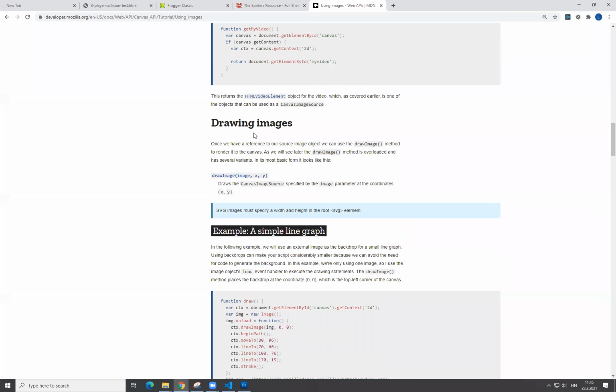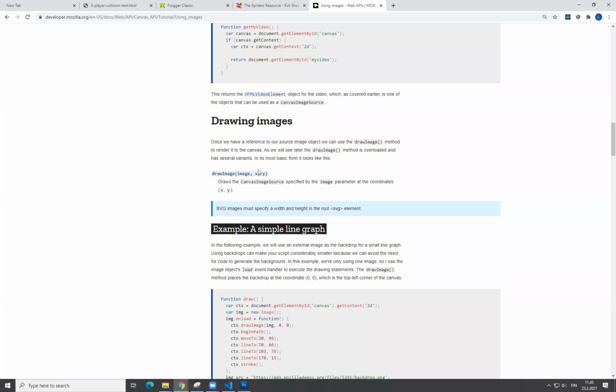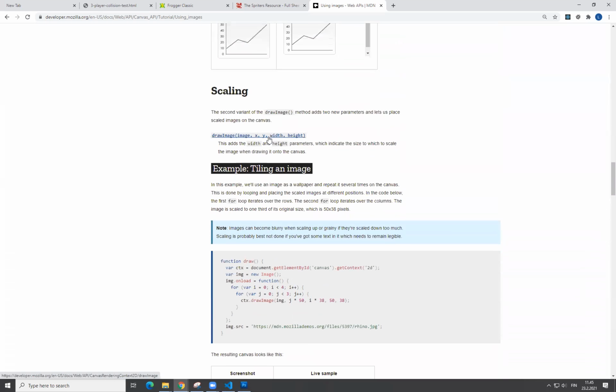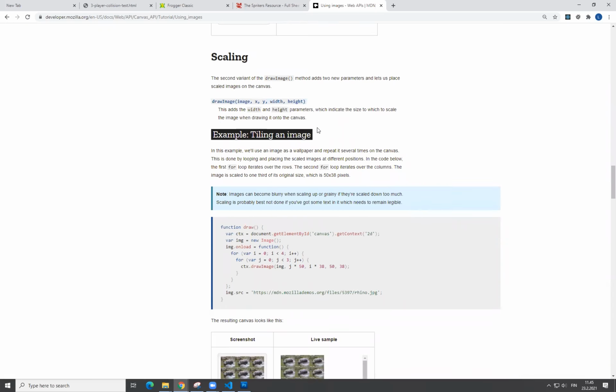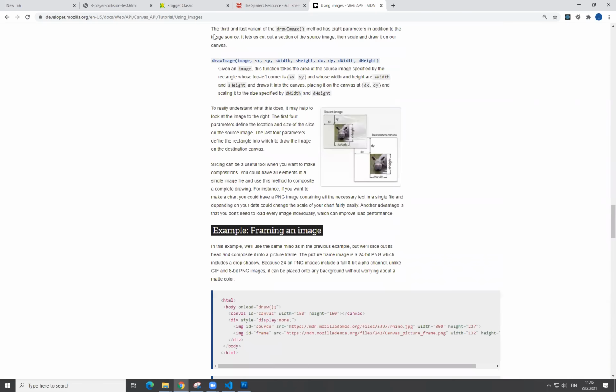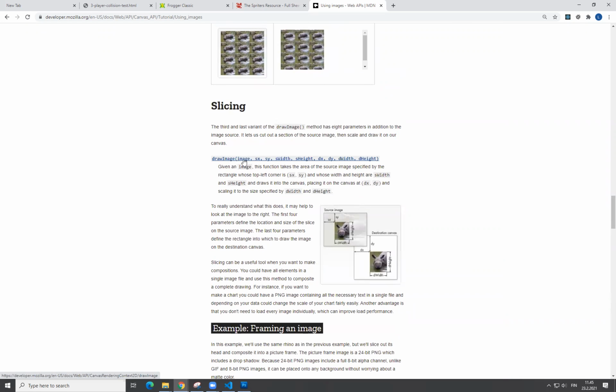So here are the different versions of the draw image. This one draws an image to the X and Y coordinates. Then there is the possibility of specifying the image width and height, so you could scale an image if you would like. And then there is the possibility of slicing an image. So then here we have